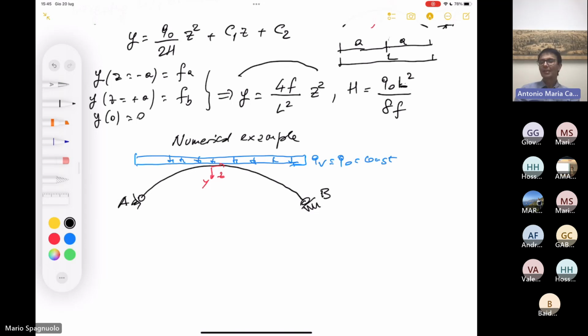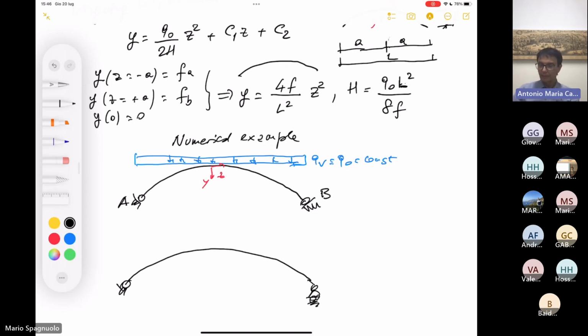I cannot remember. We use this solution method based on introducing, to this arch, a statically determinate system,